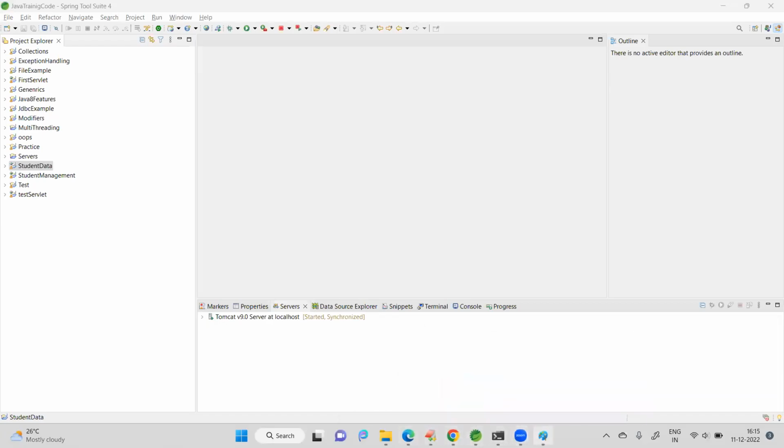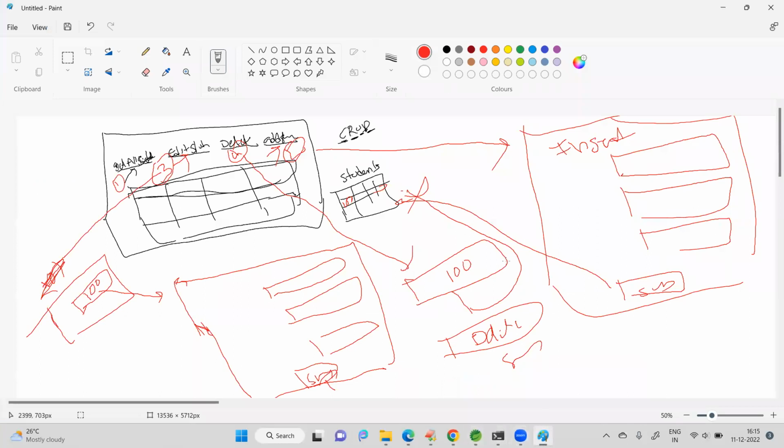Okay, now we are going to do one simple example by using Servlet. In this example, I have one welcome page. This is to maintain student data. For that, I will create one student table in the database. In this welcome page, we have 4 options: get all students, edit the student, delete student, add the new student. Whenever user clicks on get all students, it will go and get data from the database